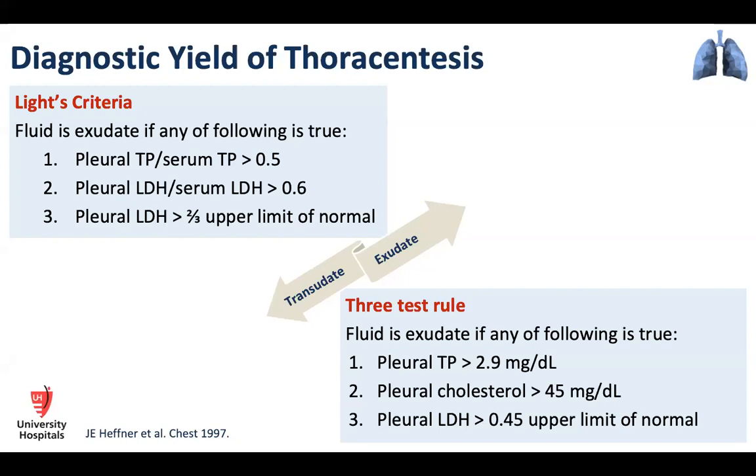If your protein is more than 2.9 grams per deciliter, or cholesterol more than 45, or LDH more than 0.45 times the upper limit of normal of that particular lab, so you need to know the upper limit of normal for our lab, if one of these criteria is satisfied, then you have an exudate. This 3-test rule identifies over 99% of exudates identified by Light's criteria, and so it's much more convenient and has